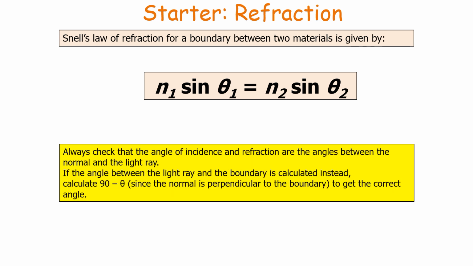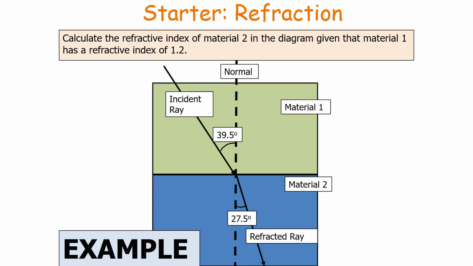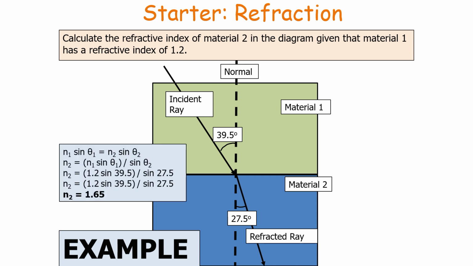Now when you're answering questions, always check that the angle of incidence and the angle of refraction are the angles between the normal and the light ray. If the angle between the light ray and the boundary is calculated instead, you do 90 minus theta to get the correct angle. So an example question here is asking us to calculate the refractive index of material 2, given that in material 1 you've got a refractive index of 1.2. So you do n1 sine theta 1 equals n2 sine theta 2, you pop your numbers in and you work it through and you get n2 to be 1.65, which makes sense because it has refracted towards the normal, so it's traveling slower, so it must be in a material of a higher refractive index,